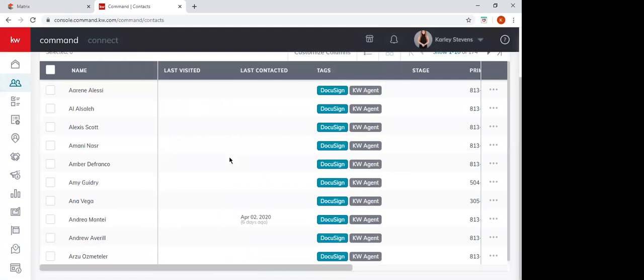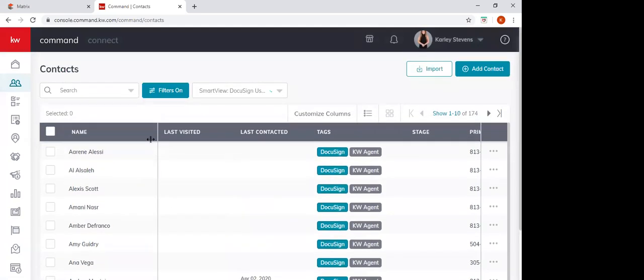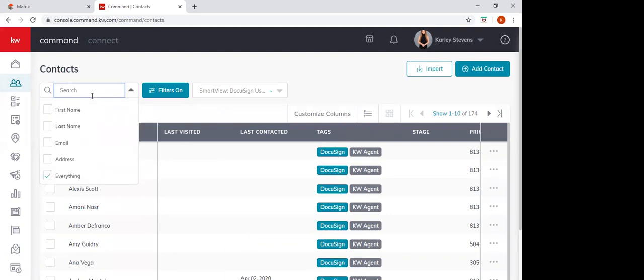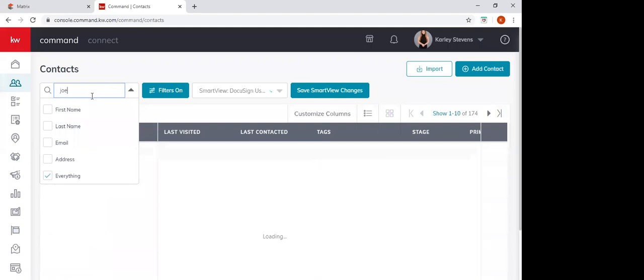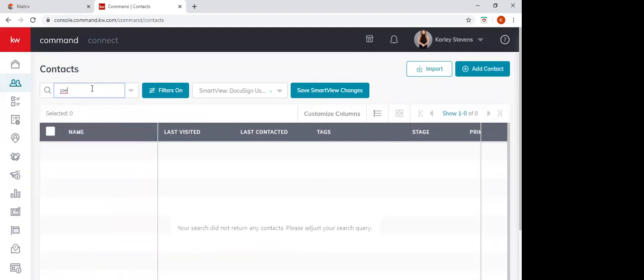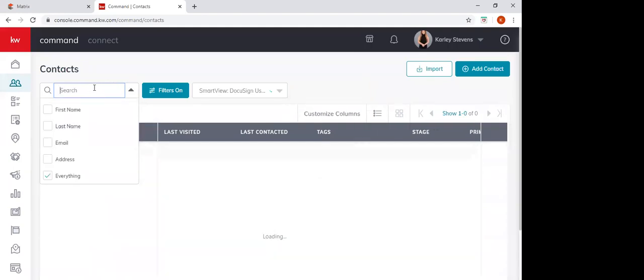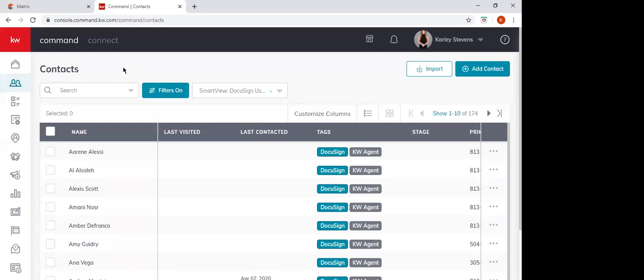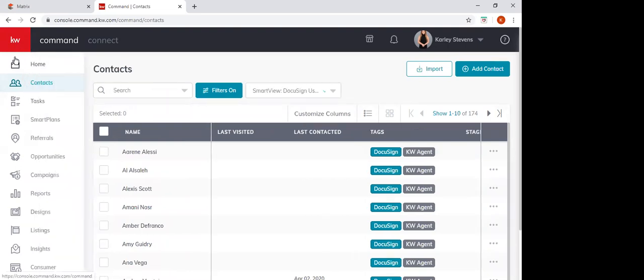Okay, looks like that worked. So I created my contact that I need for my transaction. I'm just going to go ahead and search for my contact up here that I just created. And this is something that I've noticed has been an issue in Command, at least for the past week. I've added a new contact, but then I can't find it. But if you do go to the opportunity, I was able to find it there,